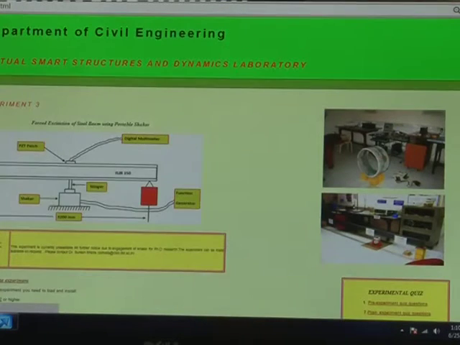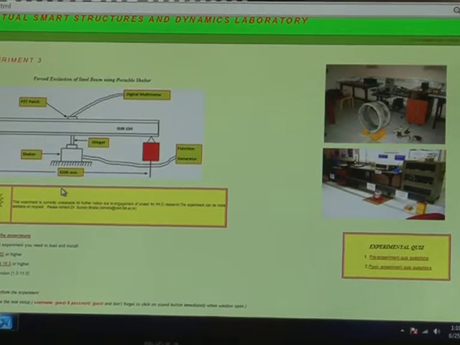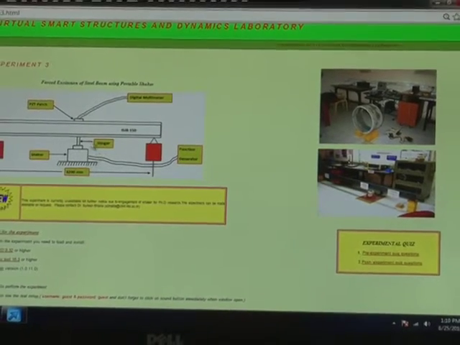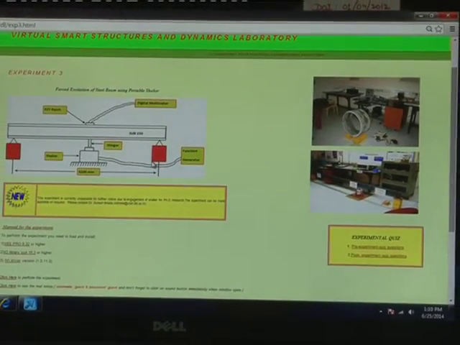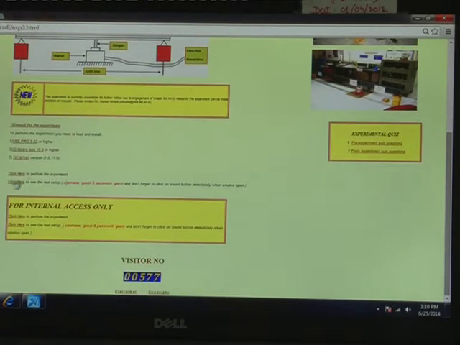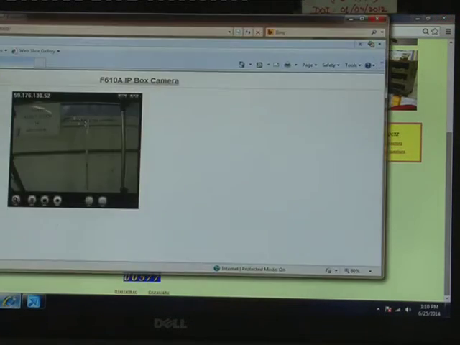So, third experiment, as I have told, is based on the forced excitation being produced by the shaker. In this experiment the forcing frequency which we are giving is a sine wave with a frequency ranging from 2 hertz to 48 hertz. That has been given by using the function generator. So, to see the real time setup of this experiment,